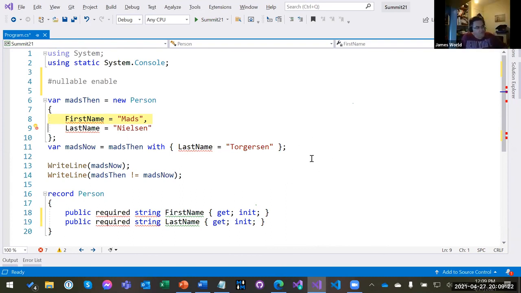So I guess one of the tricky things with records that comes up is as soon as you move away from the shorthand syntax and you start customizing it, and I'm thinking particularly around additional properties and things like collections, is that the value equality doesn't work unless you do some work yourself to customize things. And the rhetoric around records is very much that they're bringing this value equality to the table. So you can get caught out if you're not careful.